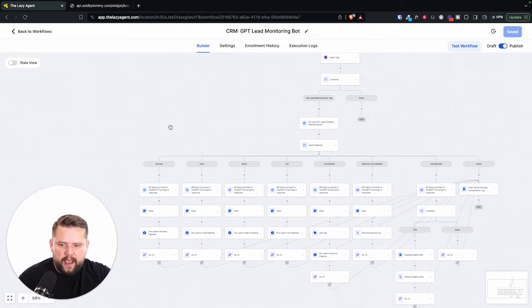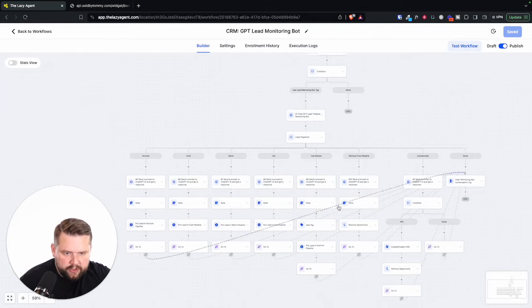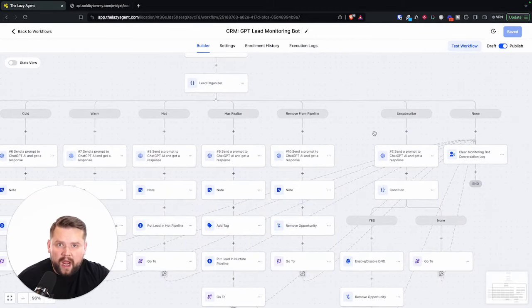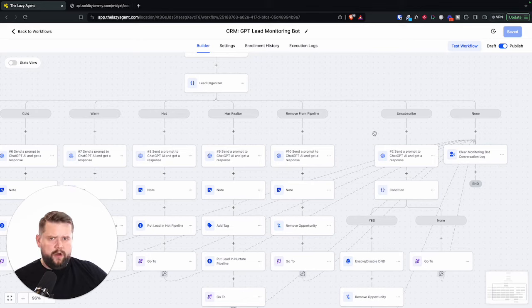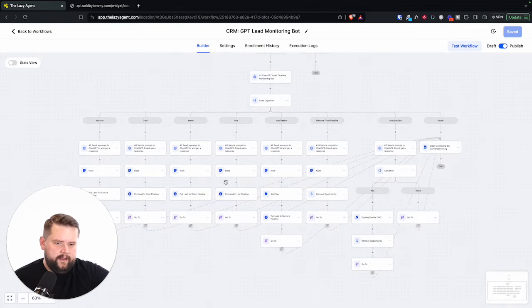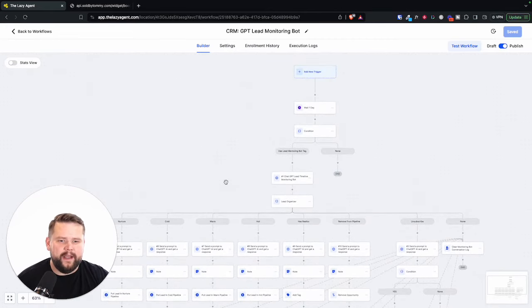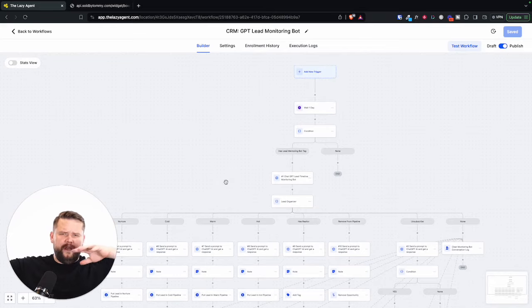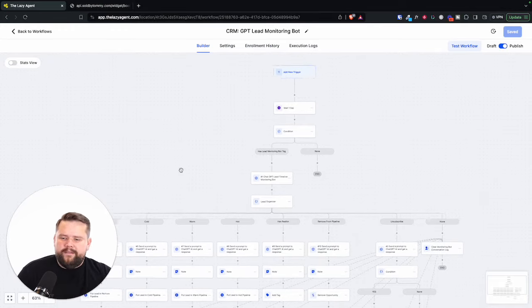So it's going to determine, hey, is this a nurture lead? Is it a cold lead? Is it a warm lead? Is it a hot lead? Do they have a realtor? Do we need to unsubscribe them because maybe they told us to leave us alone or whatever, things like that. This automation, I know it looks intense and it kind of is in some ways, right? But this saves me so much time. I'm always forgetting to organize my leads and move them through the different pipeline stages. I'm always forgetting to update my hot leads to cold leads and my cold leads to hot leads or appointments booked. The AI just monitors the conversation and does it for me,